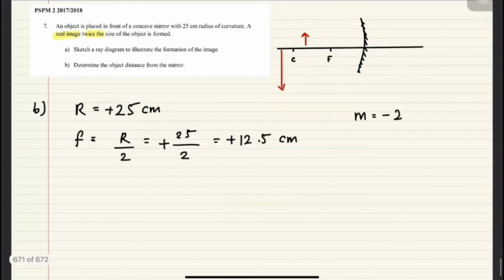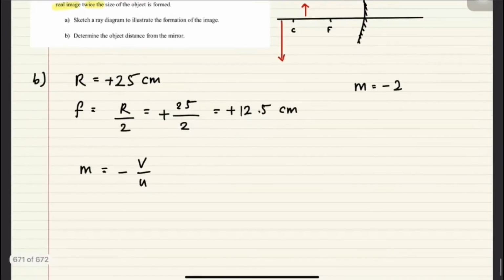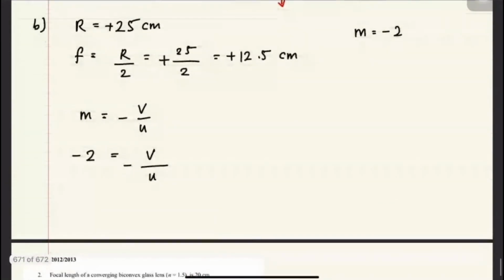So if I want to substitute M equals to negative V over U, setiap kali saya masukkan tu saya kena double check. M tu nak masukkan nilai dia kan negatif tu. So dia kena letak negatif tu. U dia adalah, kita nak cari U. Okay. So